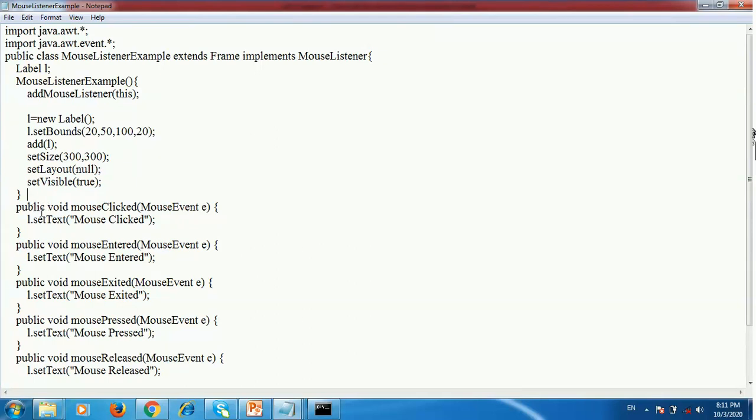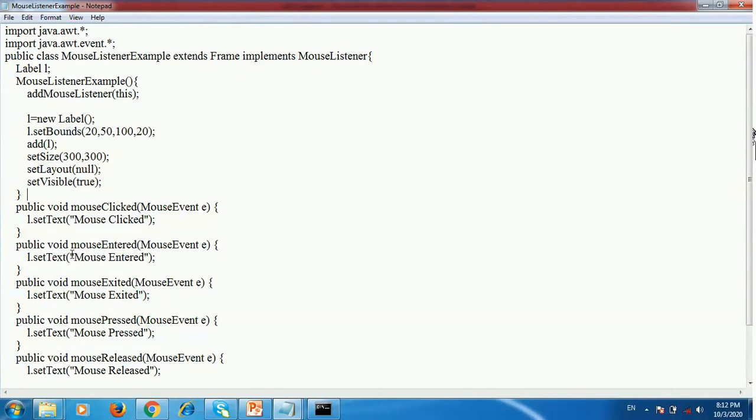Then here we use the method mouseClicked. The parameter is MouseEvent e. Then L.setText("mouse clicked") means when you click the mouse on a particular window, that time the mouse clicked event occurs and the mouseClicked method is invoked.